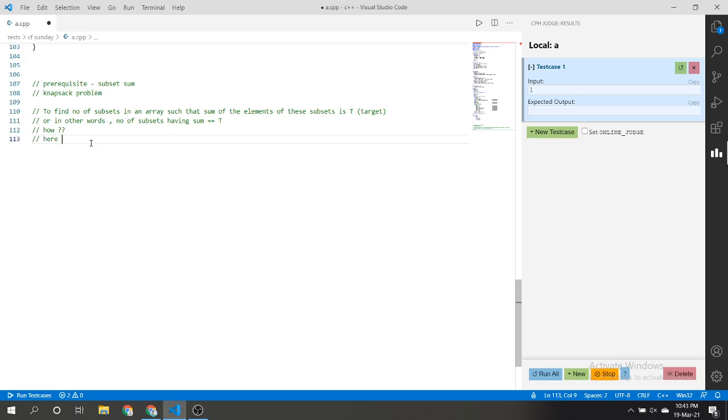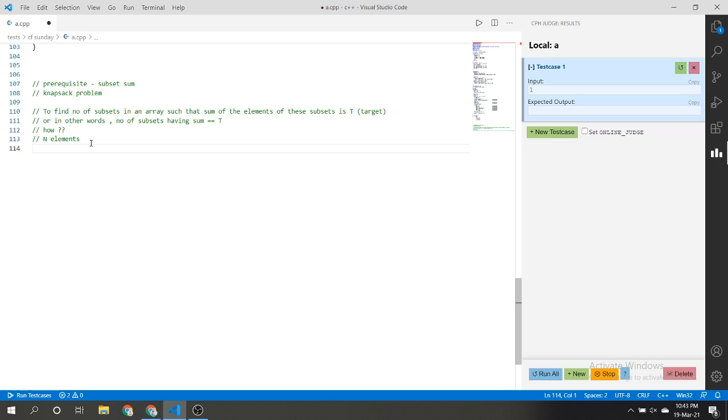Here you are given a choice. If you have n elements in the array, you are given a choice whether to select some elements or not.